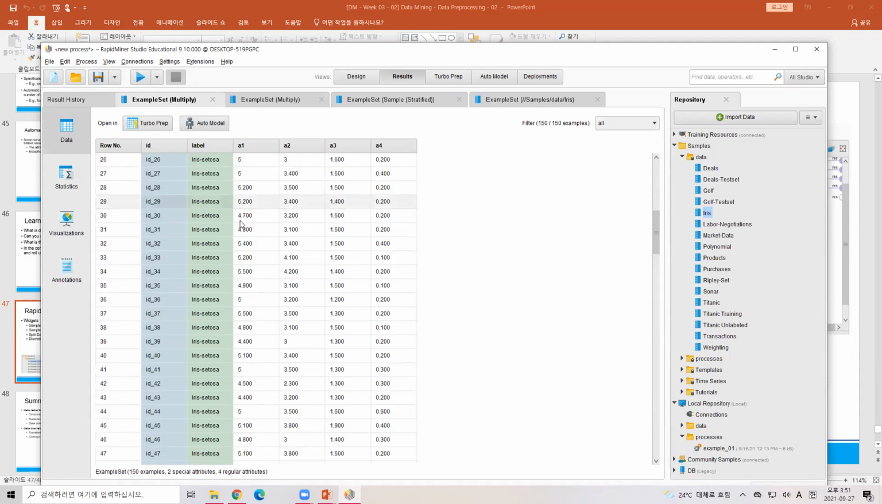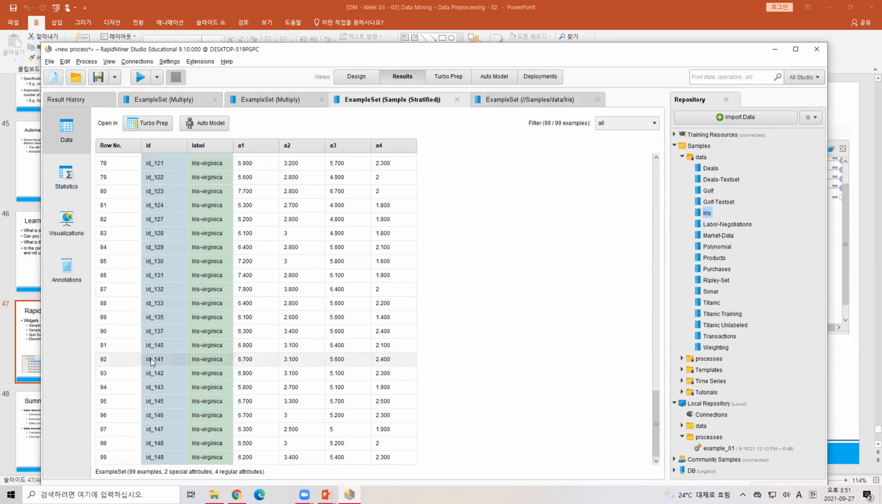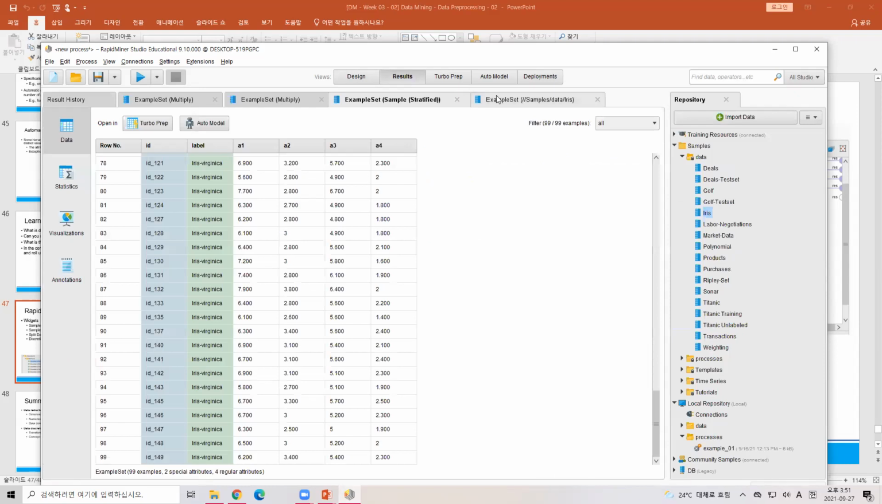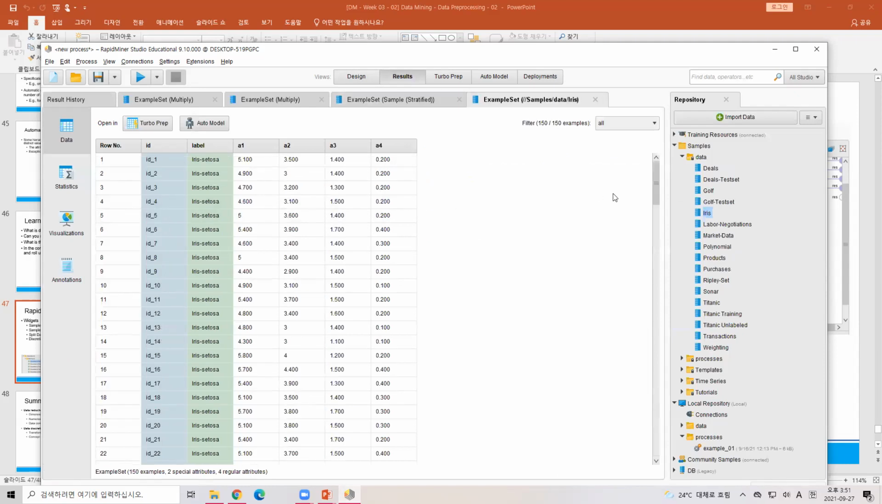Yeah, you can see that we have 150 data, and after we do the sampling, if we do the sample stratify, we only have 99 examples. Okay, we have 100 examples according to the design here. We want to get the sample size 100, so it means from 0 until 99. This one, the sample size is 100, but the sample of iris here is